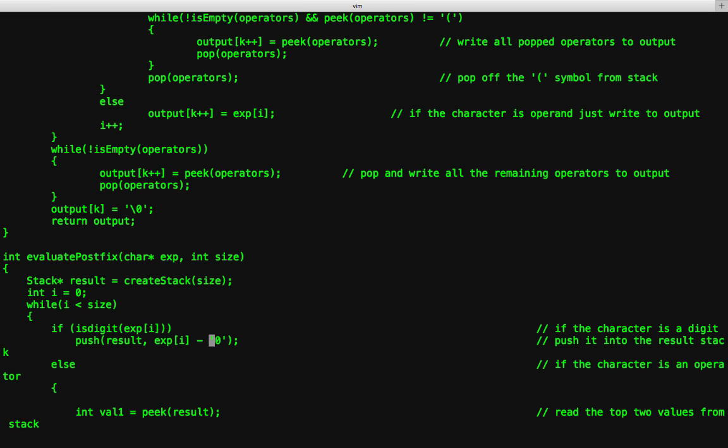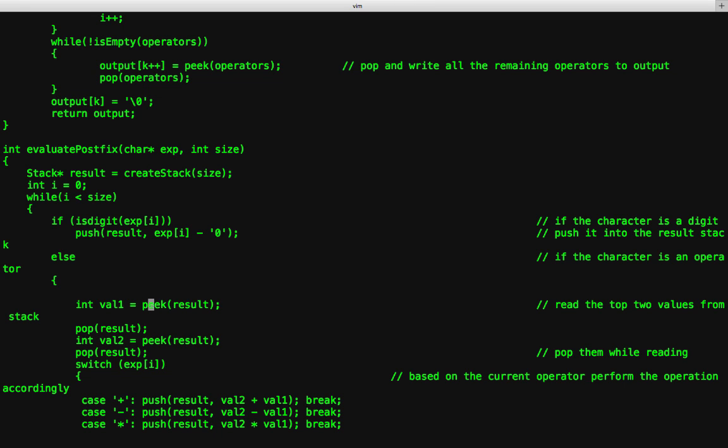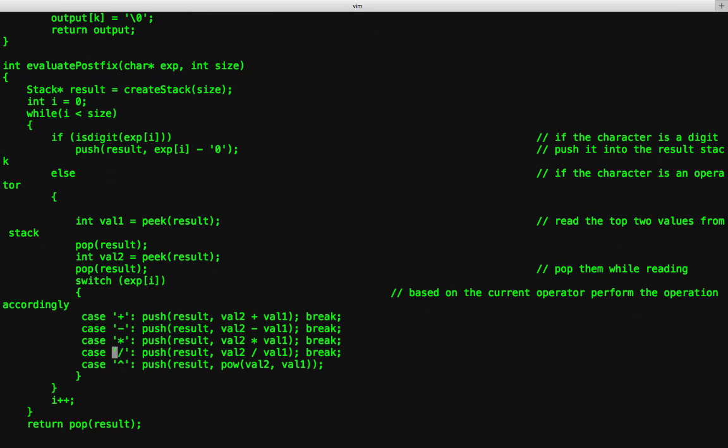Otherwise, you look at the top of the stack. That is the first argument. Then you pop it. Then you look at the next top of the stack. That gives you the second argument. And do this. And now you do a switch. So if you see that this expression is a certain operator,